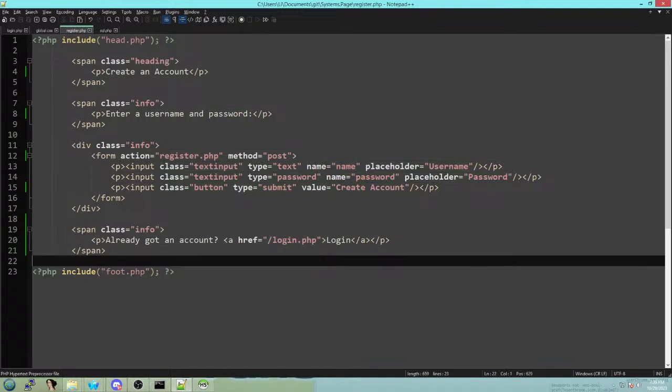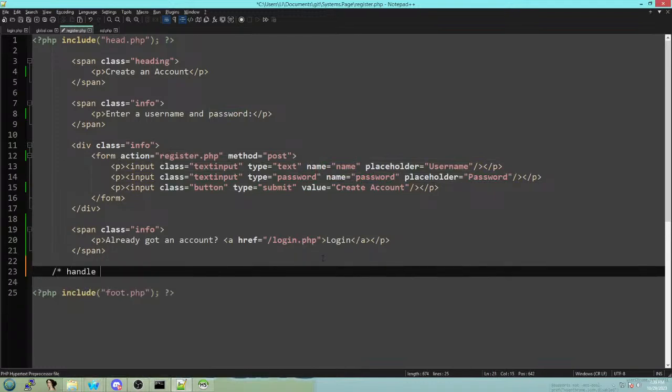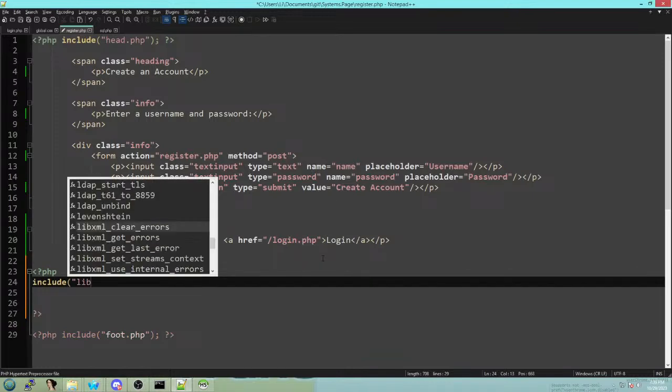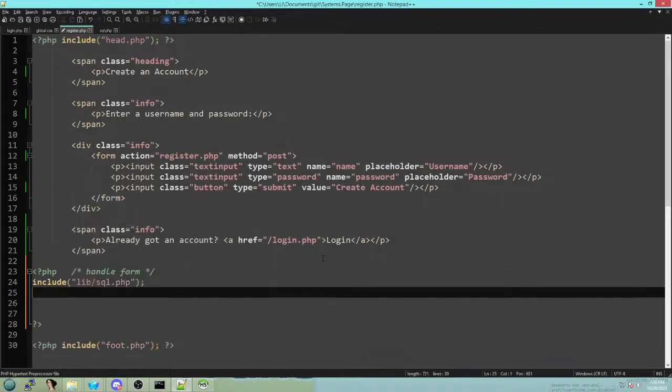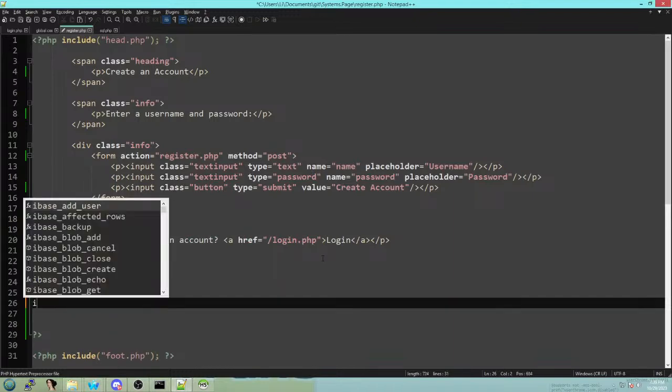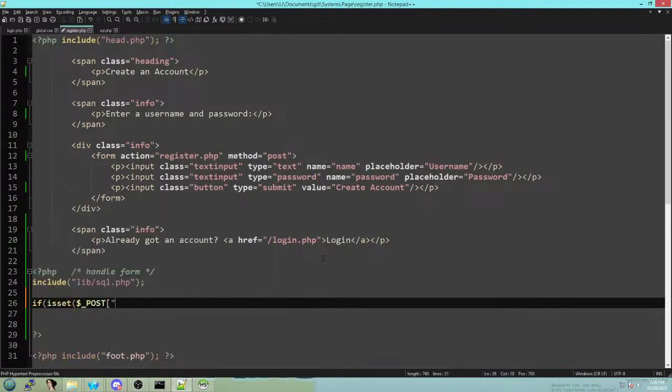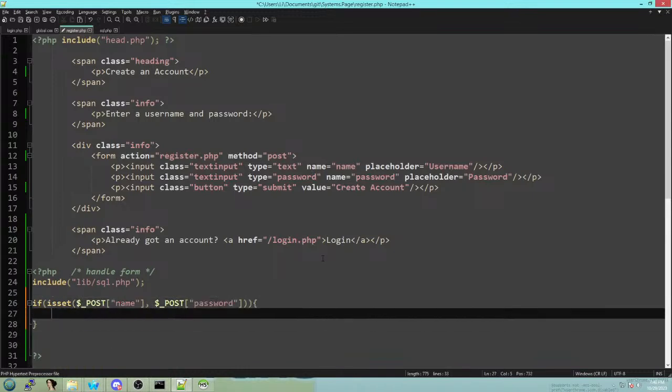So we're going to add some PHP code in here to handle the form. Include lib/sql.php, and then if isset post name and post password, both those are set, then